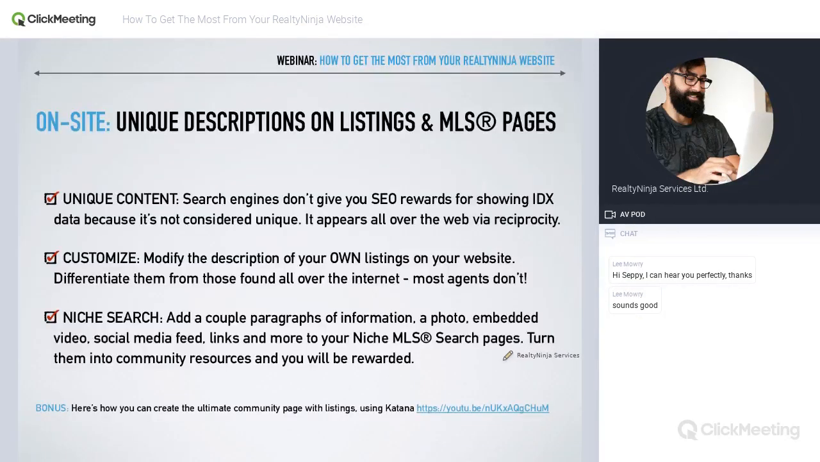The next on-site optimization tactic is unique descriptions on your listings and on your MLS pages. So one thing to note about search engine optimization is that search engines only reward you for unique content. They do not reward you for duplicate content. If you have content that's stolen from somewhere else on the internet, like copy pasted from Wikipedia and posted on your page, it's not actually going to provide you any value because it's not going to get discovered. Google knows that Wikipedia is the creator of that information, so they're not going to rank you for that same